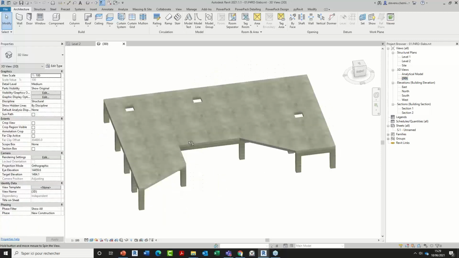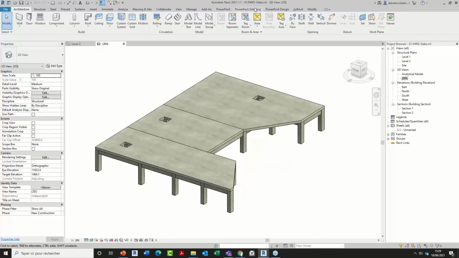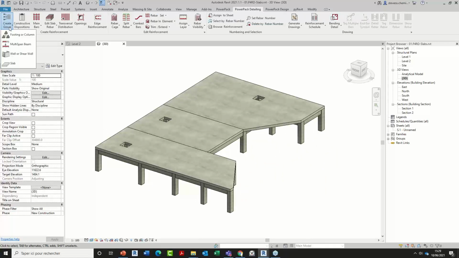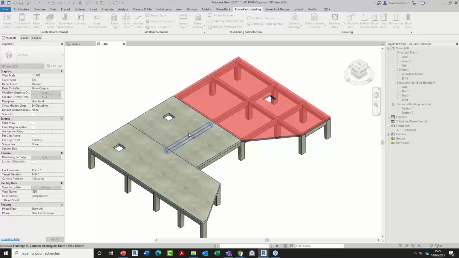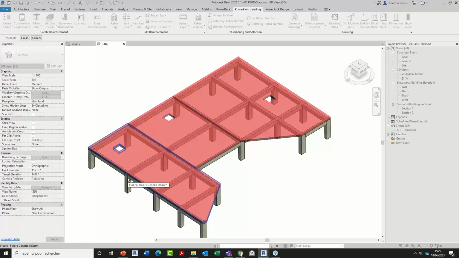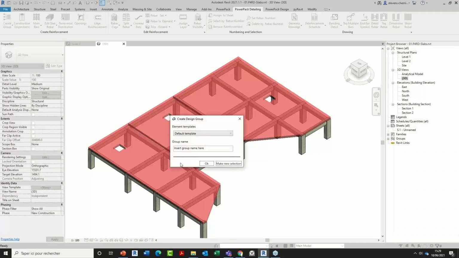I continue with some other settings, especially for grouping objects for slabs. So now it's possible to group slabs, meaning here in this model you see I have 3 individual slabs, so I can select all of them and group them with a name of slabs, slabs 1, for example.